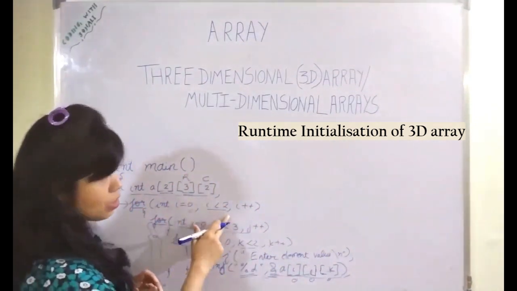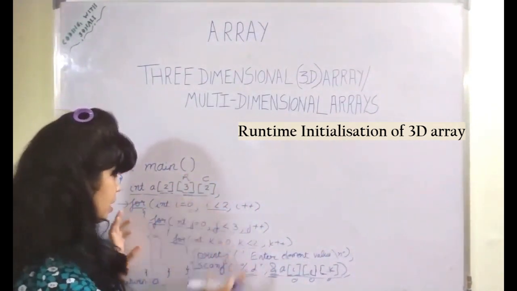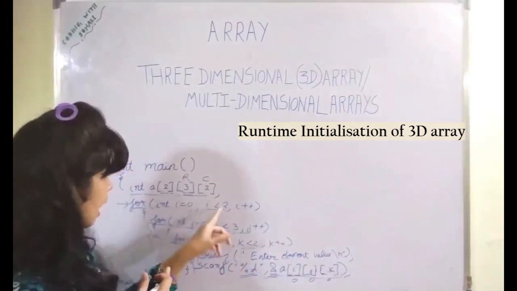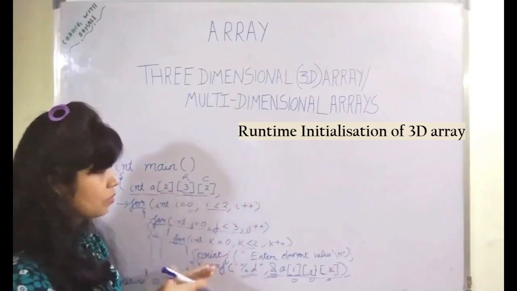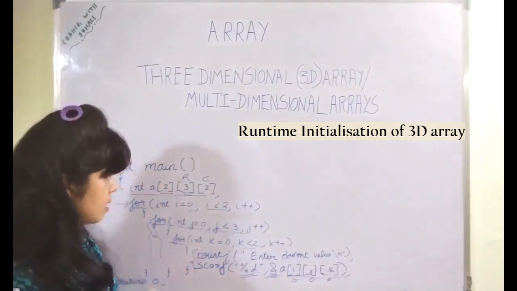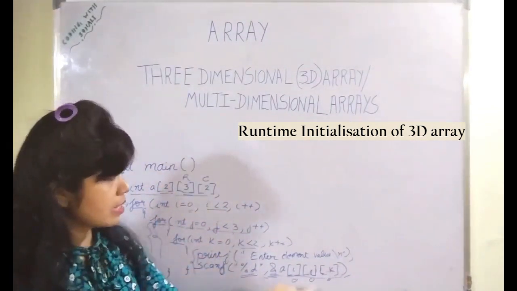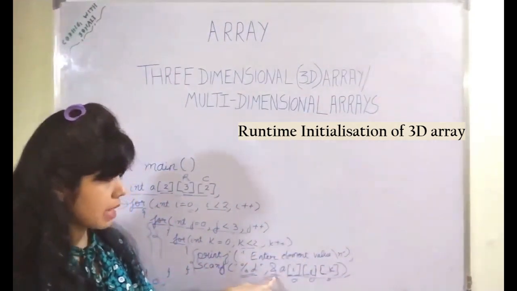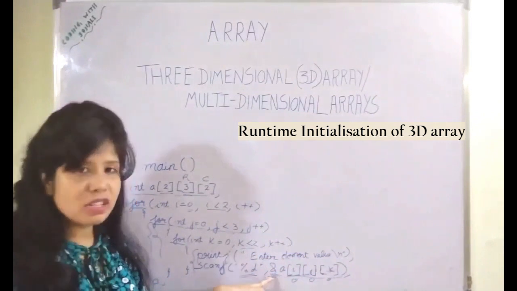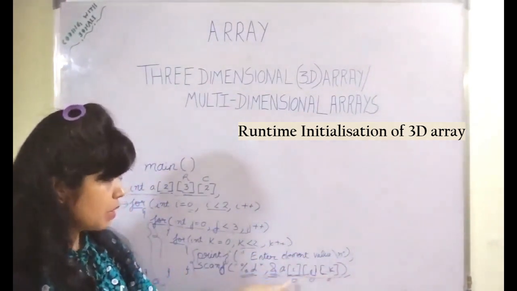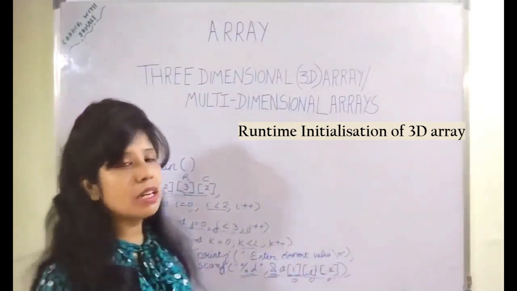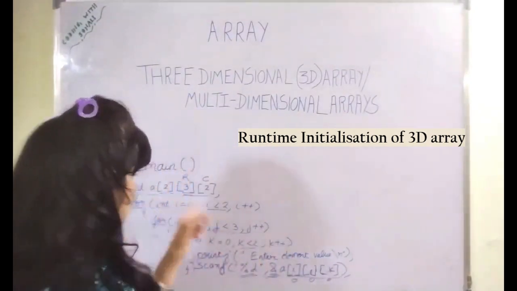So this condition will not be satisfied in that case. So finally all this execution is completed. So you can see how this ordering of the execution of the loops takes place. There are 3 for loops, and in this manner all the elements will be accepted and stored. You are using the ampersand. Ampersand represents the address of. In this address of the element you are storing the values which the user is giving. So therefore it is a runtime initialization of the 3D array.